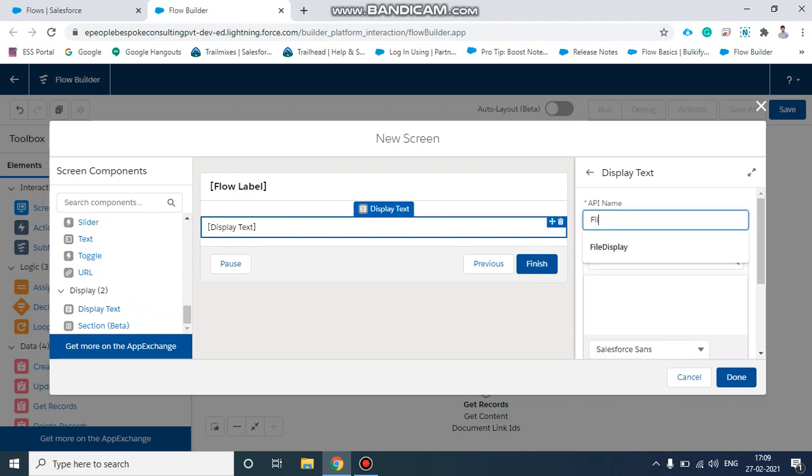Then we will give a screen component, like file uploaded. Okay, I will give that name for that.